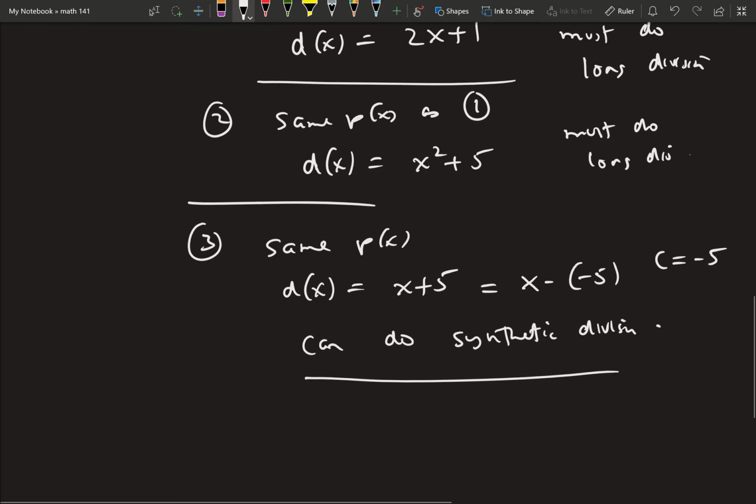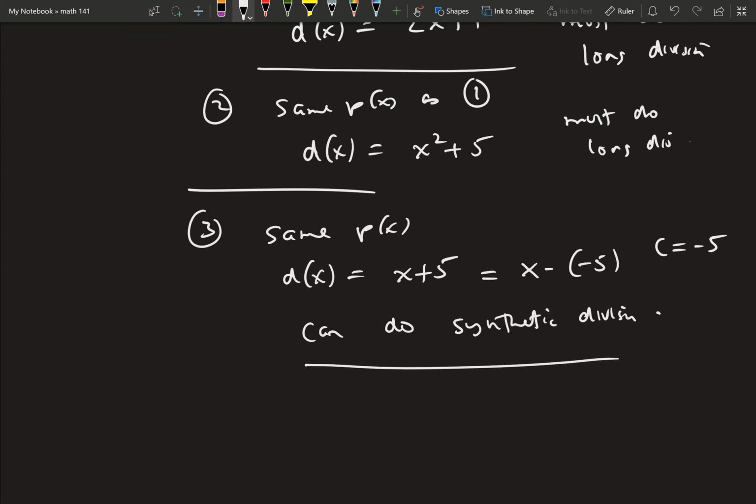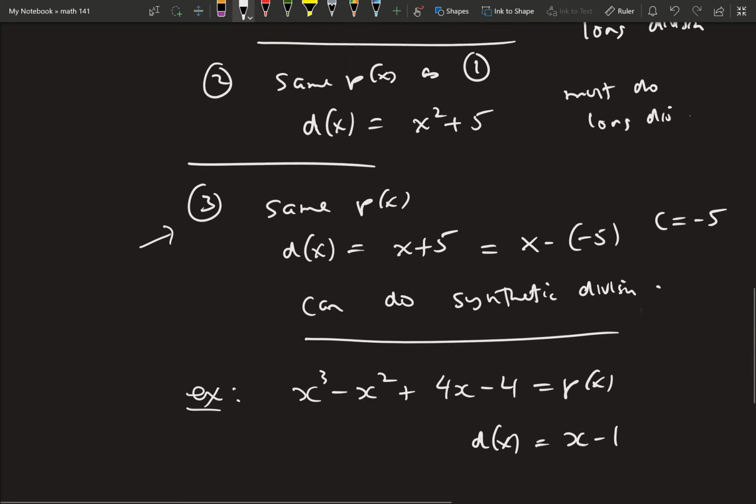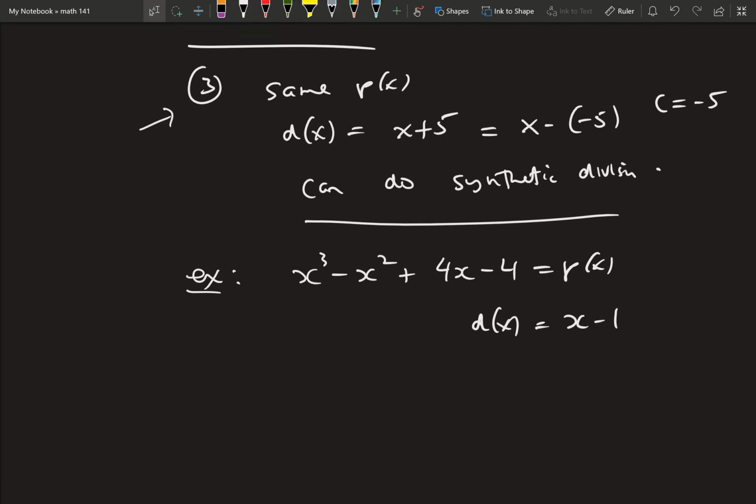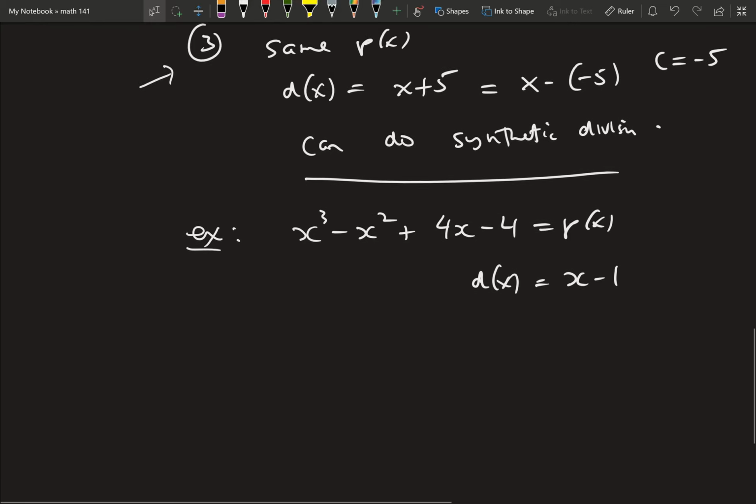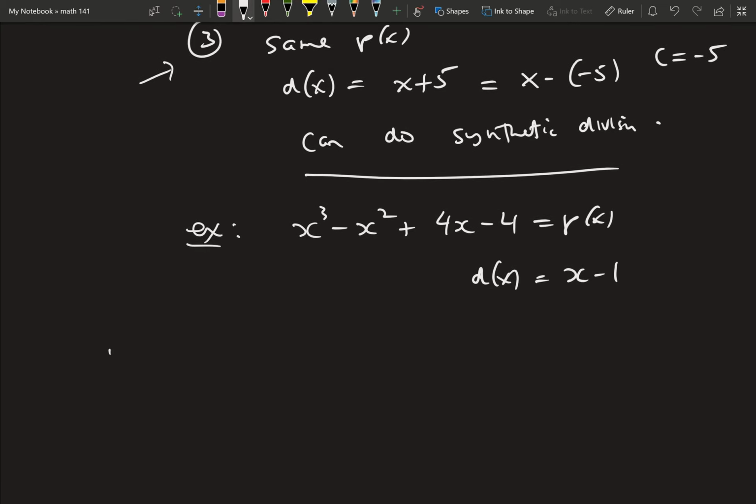Now we'll do this example in a moment, but let's start with the one that we already did. Let's start with the one which was x cubed minus x squared plus 4x minus 4. Let's say this was p of x just like before, and d of x was x minus 1. How would you do this using synthetic division? So your steps are as follows. First, step 1,